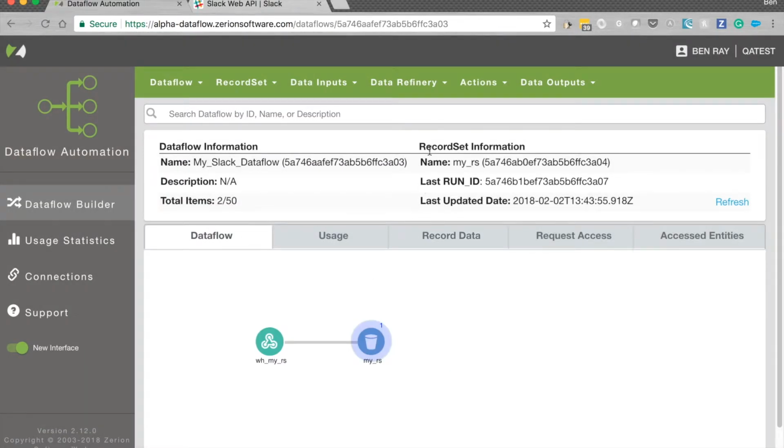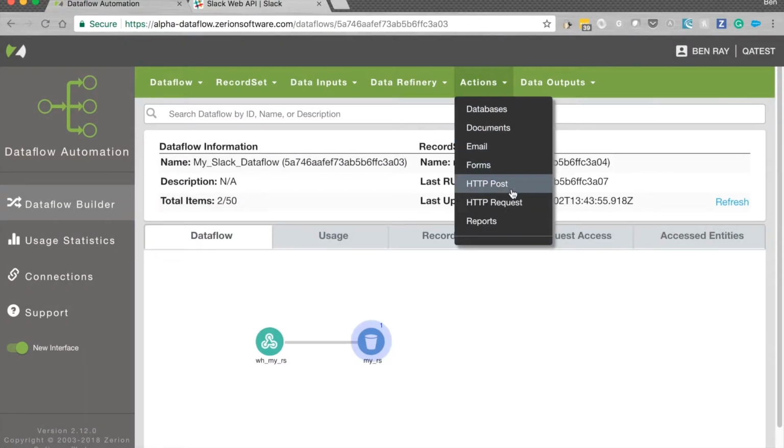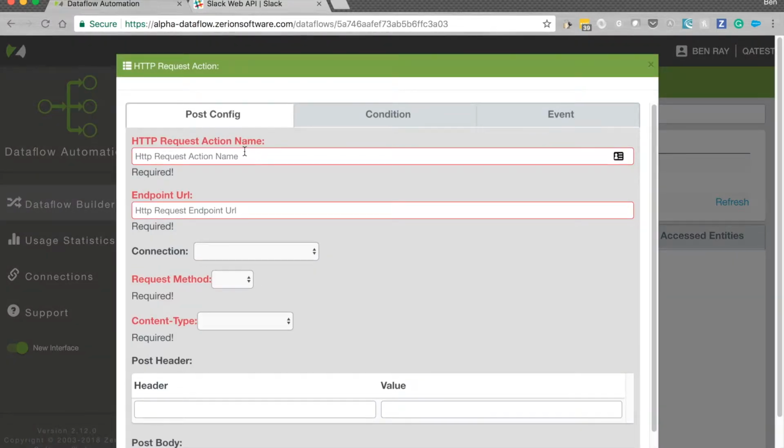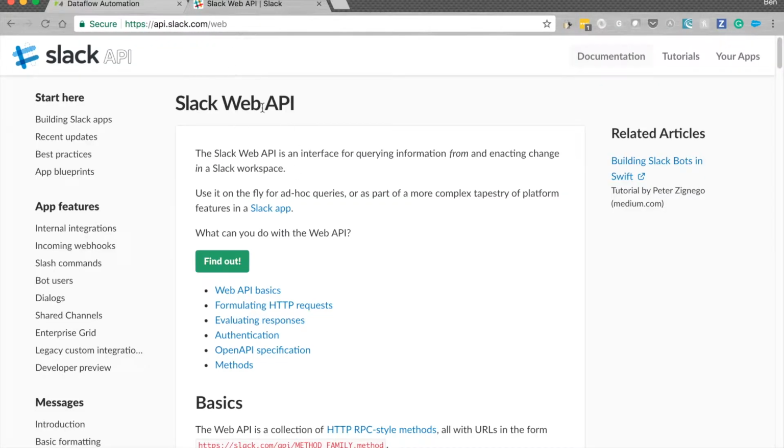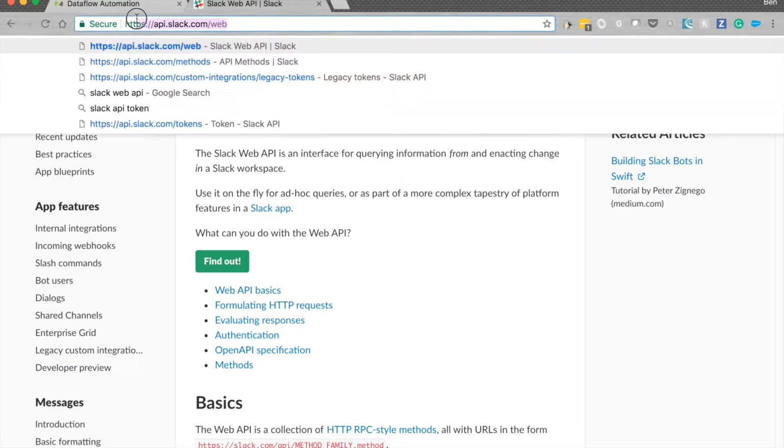So what we're going to do next is go under Actions and choose HTTP request. And we're going to give this a name, so I'm going to call this to Slack. So in our data flow map, you can know what data flow it's going to. And then in the request URL, this is where we need to go to the API documentation of Slack. So that can be found at